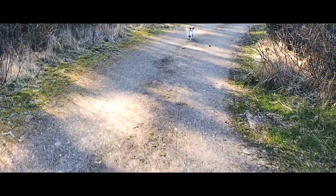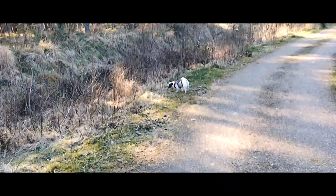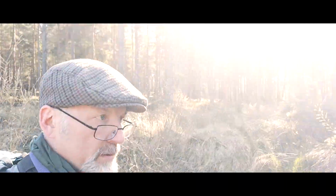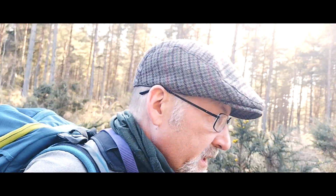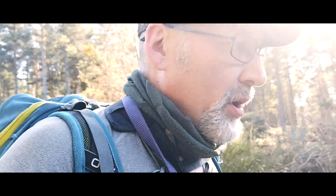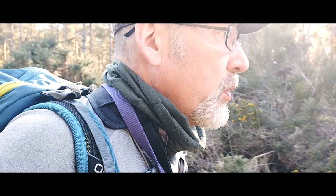So not a big walk today, but the main event will be cooking dinner. As you can see, the dog's there. So yes, here I am, and as I said, it's not going to be a huge leap in terms of walking, and I've not brought anything like poles out, just myself. But what I'm going to do is bring you back and show you some views,